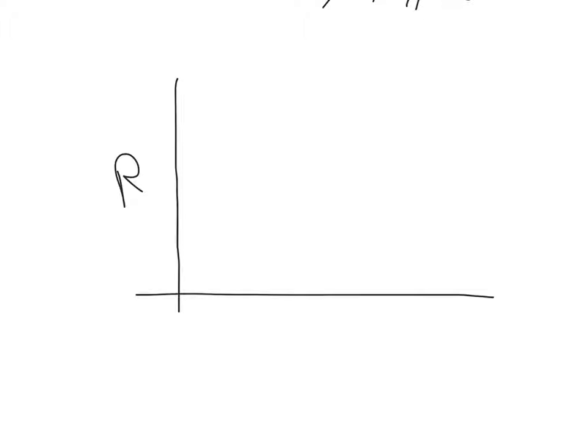So on this axis is going to be R, and on this axis is going to be time. And then I can see I start at a distance of 0.1 nanometers, and we'll say 0.1 here,